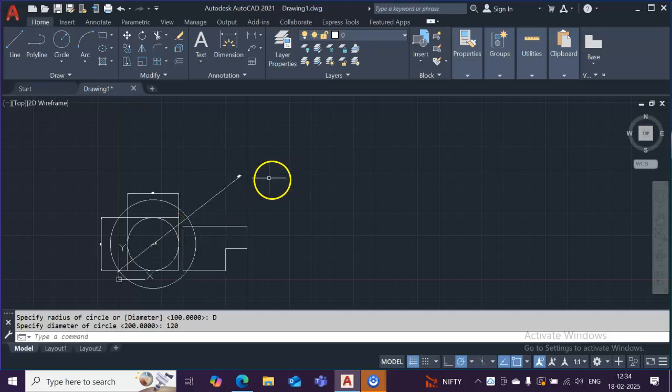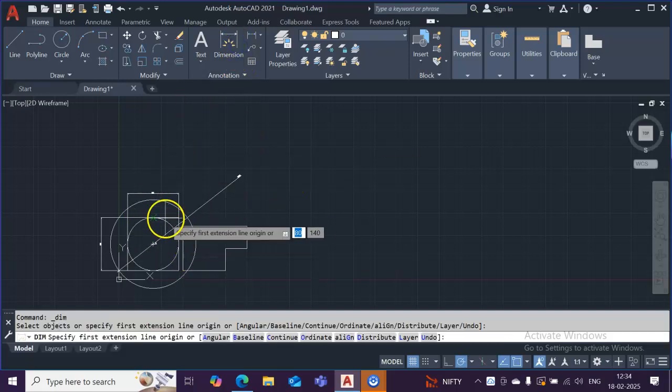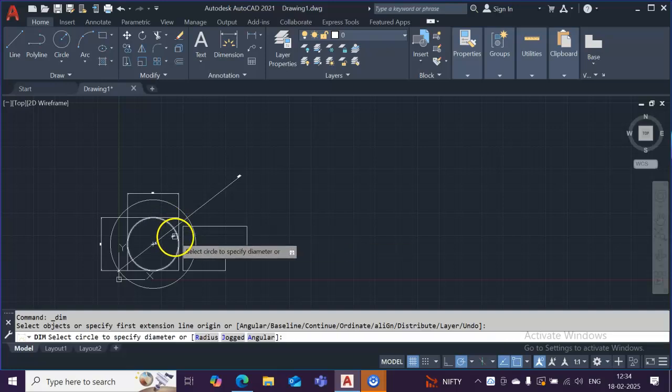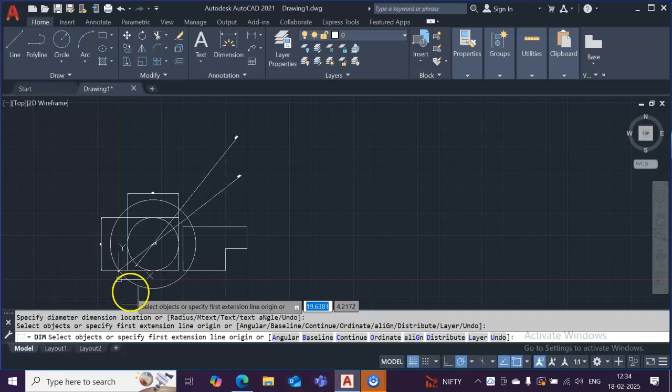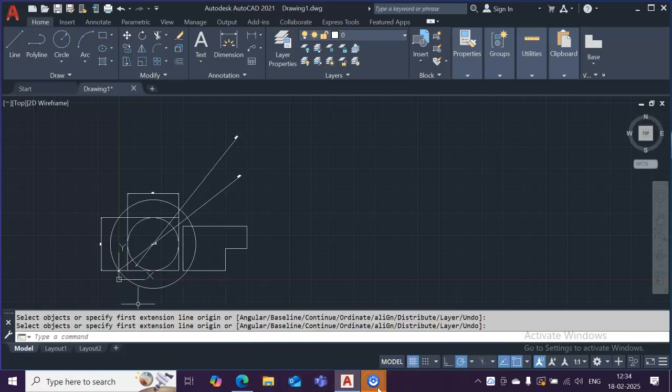Then simply put in the dimension also for this circle. So 120, okay, 120 circle. So that is another type. And another type is also there, circle again. There is 3P, 3 point, and 2 point. Just choose the 3 point circle. So for creating the 3 point circle, first you will